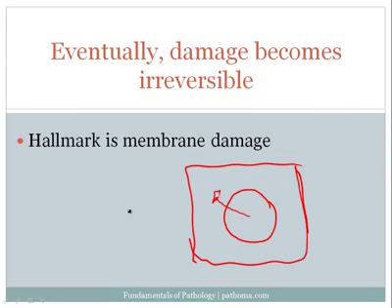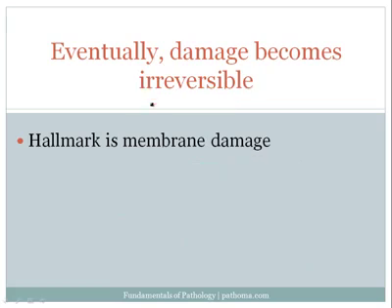And that's only further added to by the fact that calcium has already come into the cell, and calcium is an enzyme activator. So the presence of calcium and lysosomal enzymes within the cytosol becomes a very, very dangerous circumstance, which obviously would be another consequence of irreversible damage. So again, these are the high yields, and I don't memorize these things. I'm really actually just sitting here talking off the top of my head. I don't have any notes in front of me. And the reason I can talk off the top of my head is because it makes sense, if you just remember membrane damage being the key hallmark of irreversible injury.